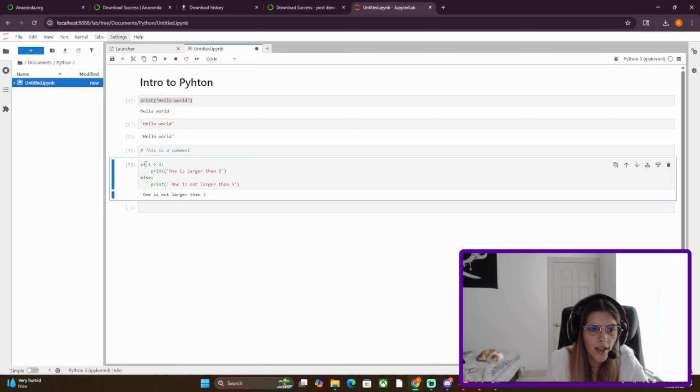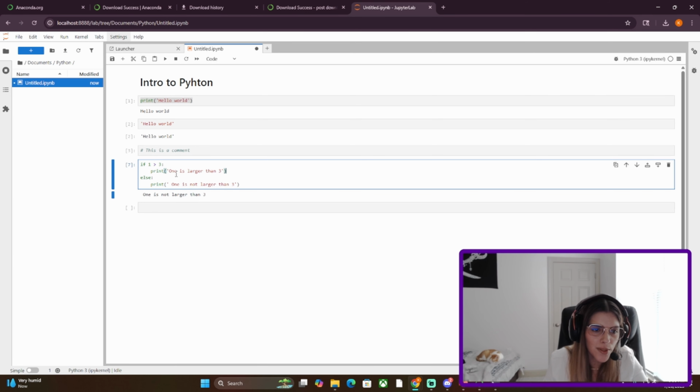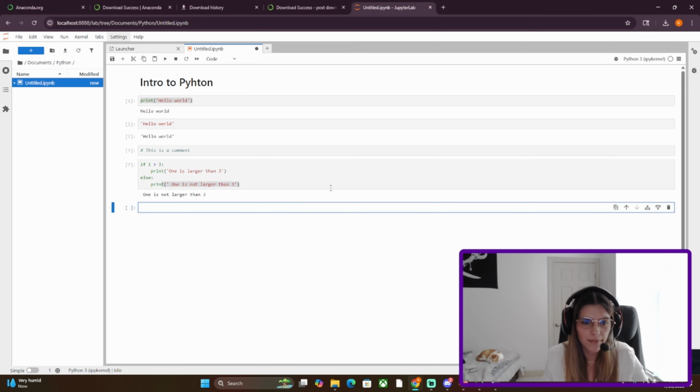So now you will see, since 1 is not larger than 3, of course it's not going to print this one. So we're going to go to the else, and it's going to print 1 is not larger than 3. Okay,